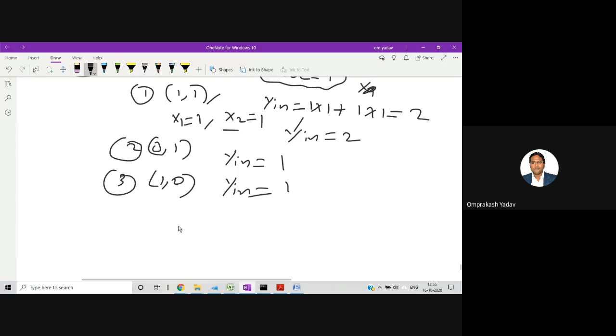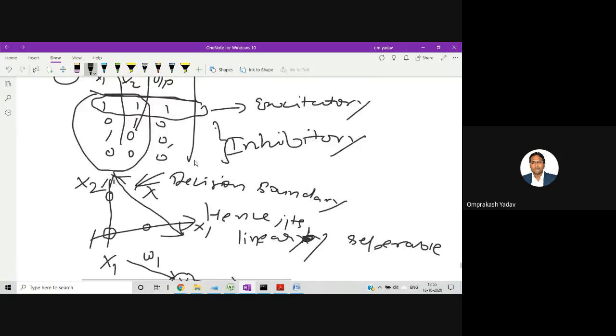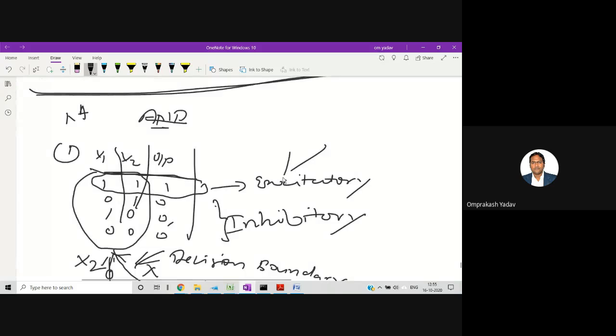Then next is 0 0. For 0 0, we will get y in as 0, right? Now what we have to see, we got the 4 outputs. Now we have to see according to the table, in the first case we got the firing condition, that is the